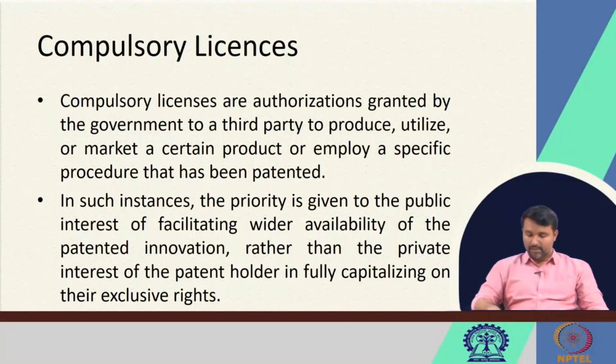So, in case the drugs are not available at an affordable price, or if there is complete non-availability of a drug, the Patent Act authorizes the government to issue compulsory licenses. Normally, intellectual property licensing happens through voluntary licensing, but in exceptional cases, just like what we discussed now, it is possible for the government to directly issue the license. That is why it is known as a compulsory license.